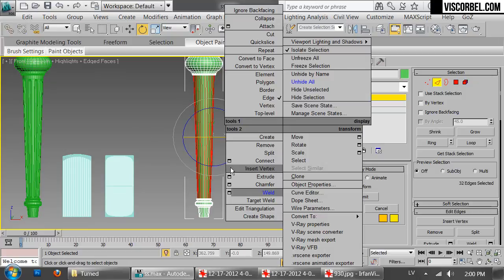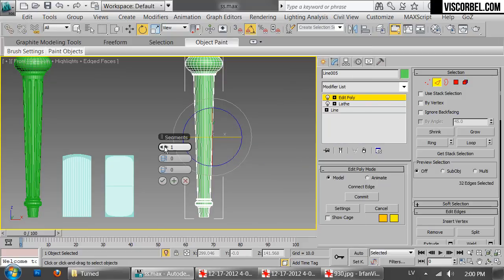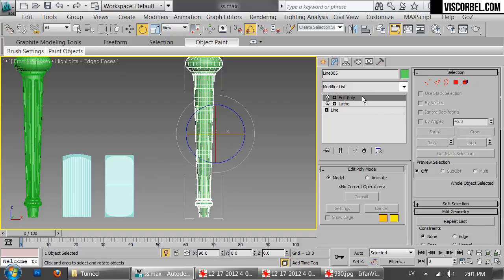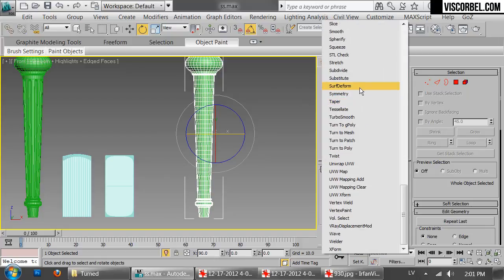But if you add some segments here, you can add the twist modifier,